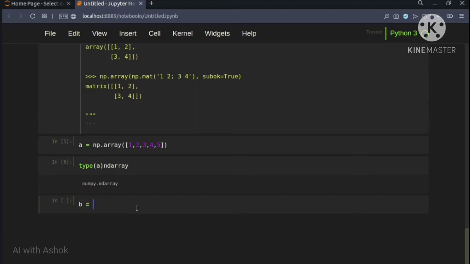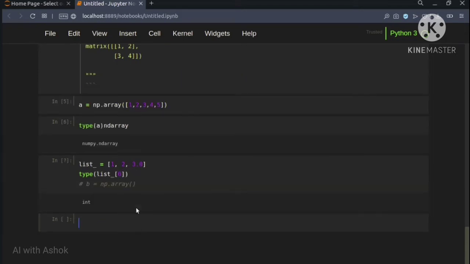Let's name it as B, np.array of, and let's name the list. List is equal to 1, 2, 3.0. Okay, this is going to be our list. Let's comment it. Now we are going to check the type of list of 0.